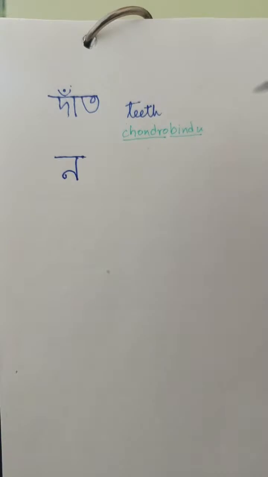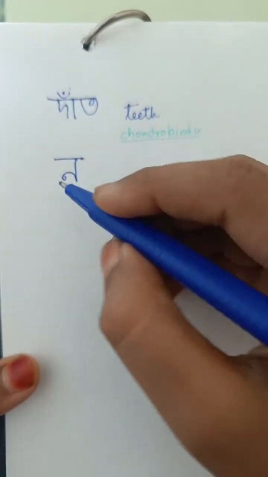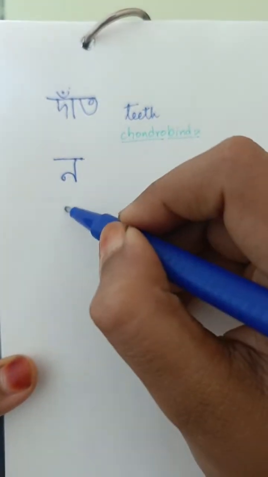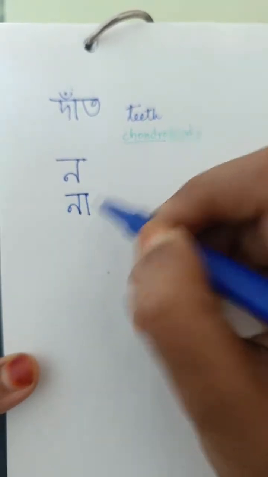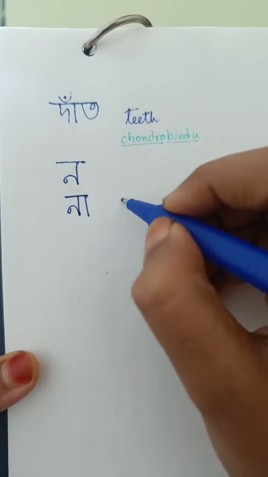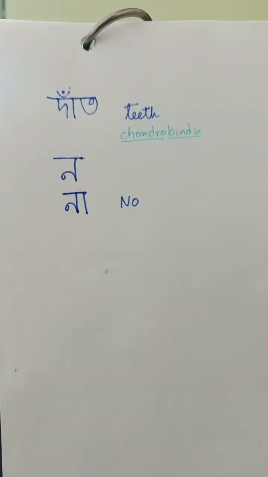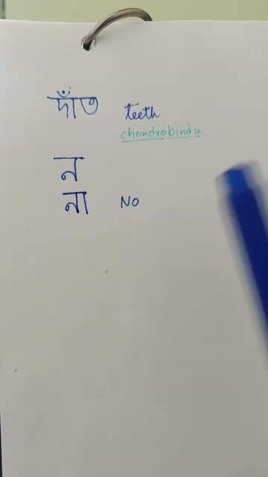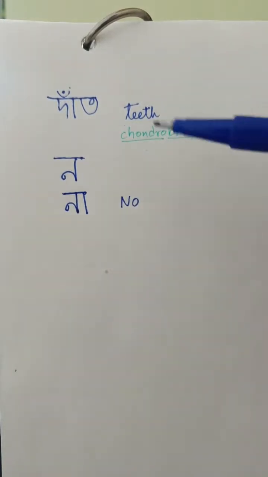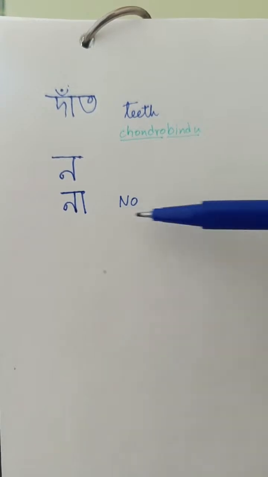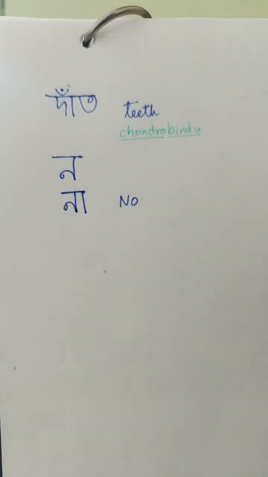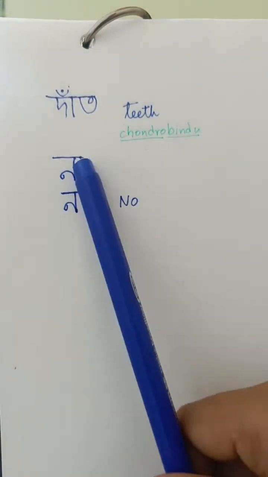So let me write a word that I think everybody can read. Extremely easy. Okay, this means no. Who can read this? It's extremely easy. So this is nai akar, na, which means no in Bangla. And this na,